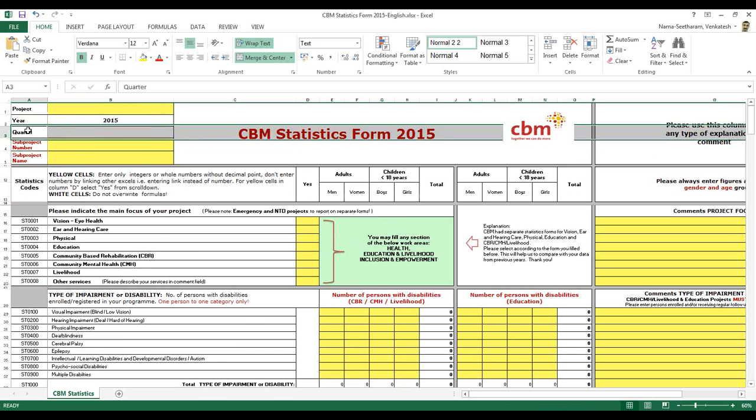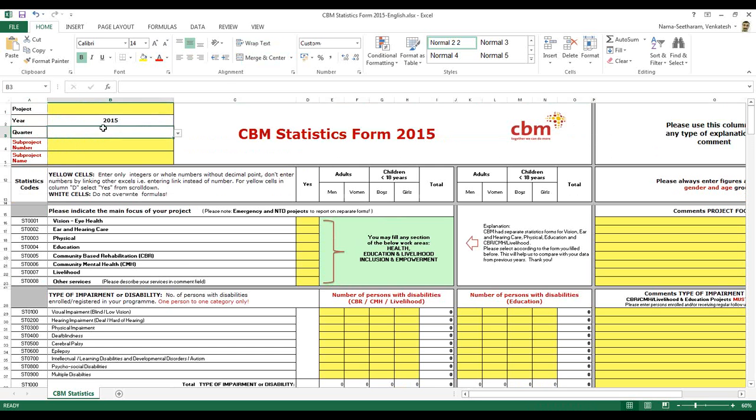Yeah, this is a quarter, if you can see, and we have the provisions for it where they can select, which will be pre-filled when we are sending it itself. That's what our plan is. And also this is for 2016, we still need to work on a few wordings to suit the quarterly statistics.